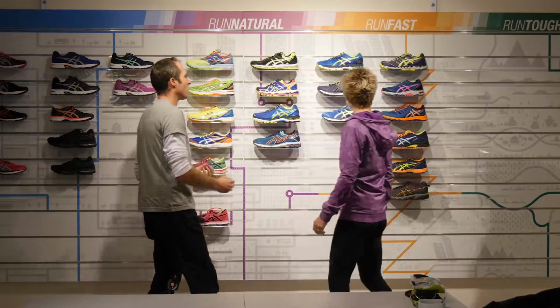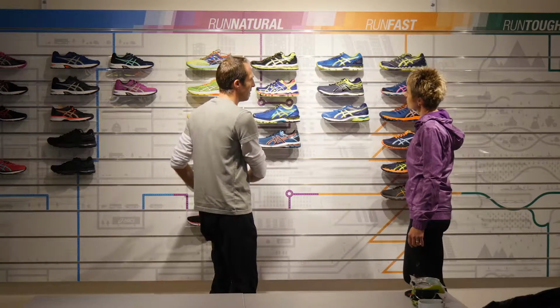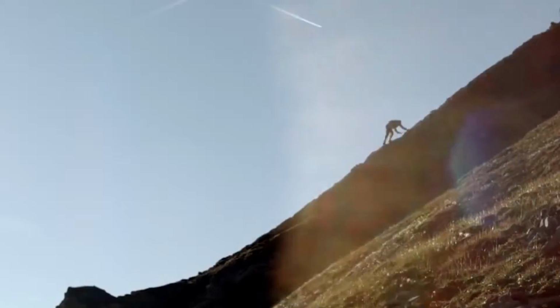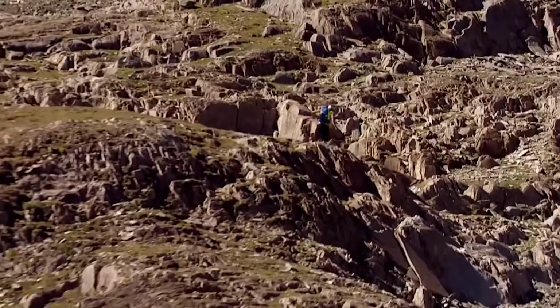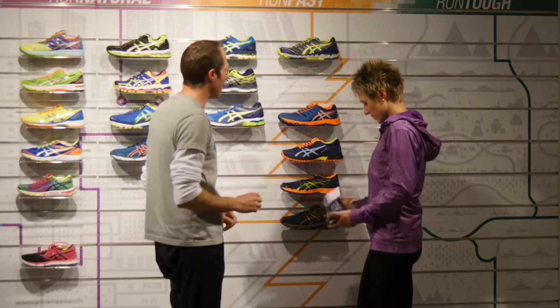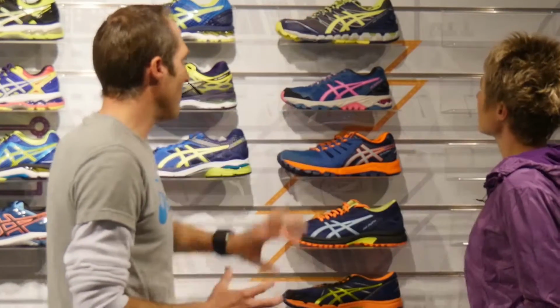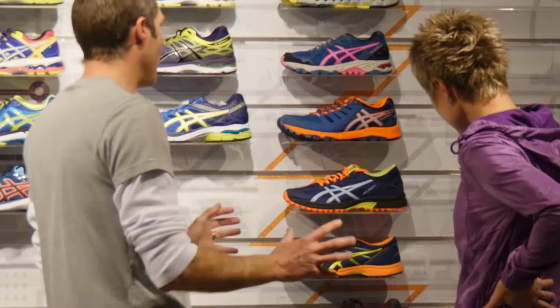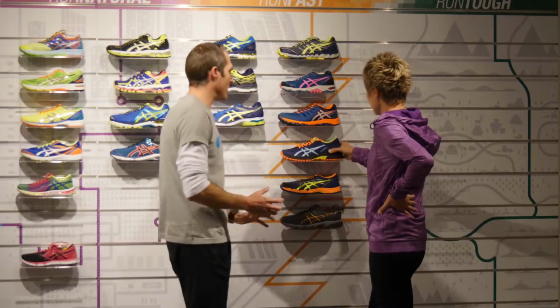Then if we go back to that side now, we've done your run long, your run fast, and your run natural categories. So then you've got your run tough category, which is obviously running off-road. The shoes are shaped differently. We'll go into more detail on that a bit later, but just touching on it now. Running in mountains, you need more structure in the shoe, a bit more stable shoe, rugged materials. You also get different classifications, from your heavy mountainous terrain, your more multi-terrain type of shoe, your faster paced, flatter shoe for races,